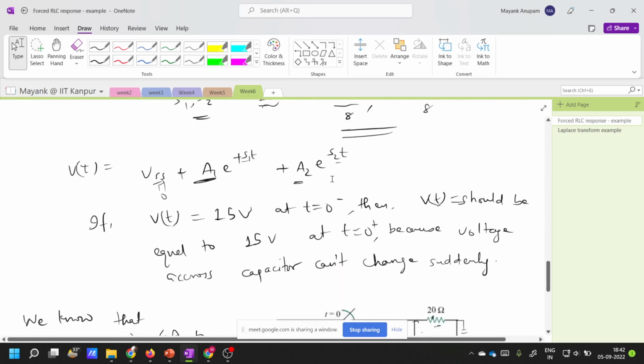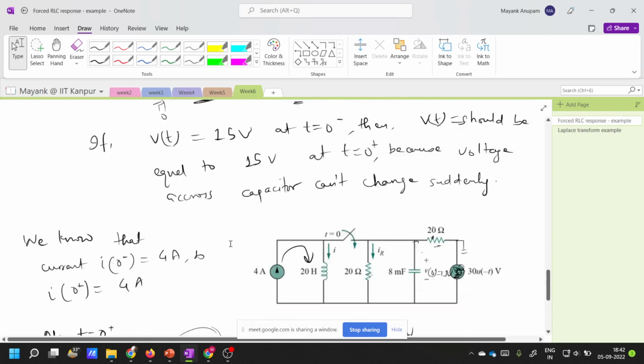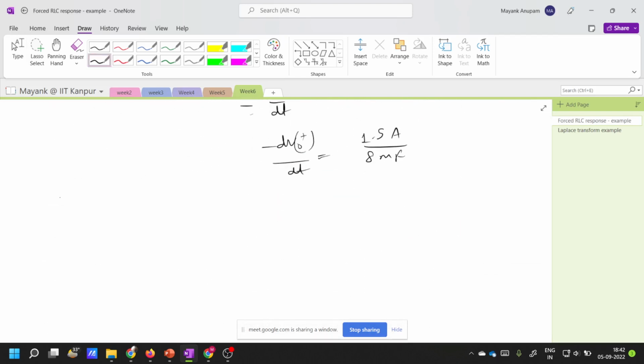Let's put the initial conditions. So V of 0 plus is equal to 15 volts is equal to VSS plus